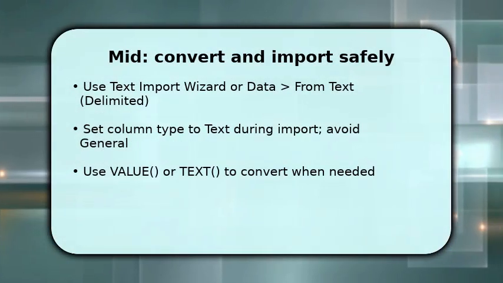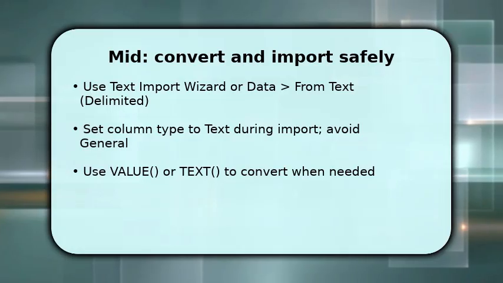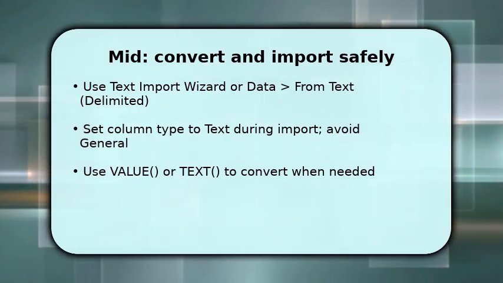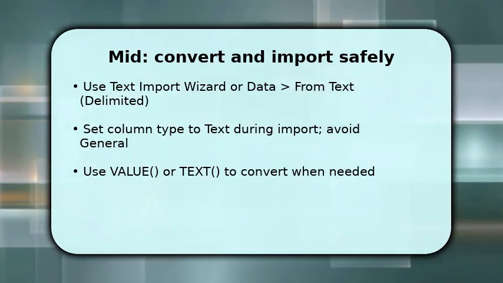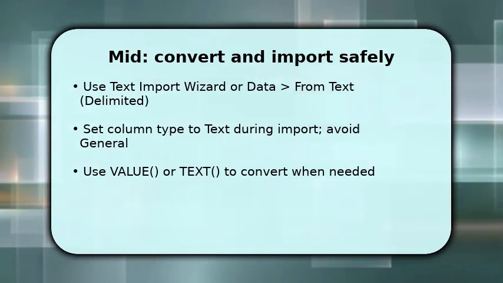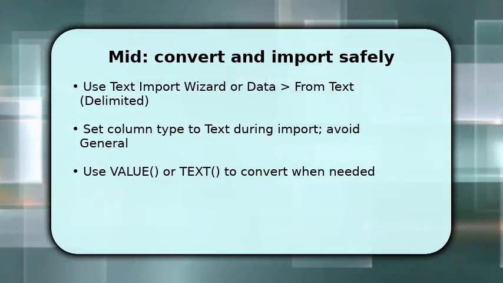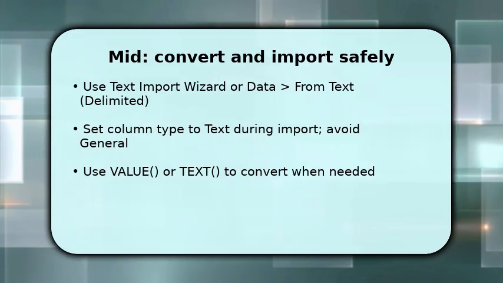Next, focus on converting existing data and importing correctly. If data comes from CSV, use Data From Text and set those columns to text in the wizard. This avoids losing zeros on import. For spreadsheets already changed, create a helper column and use TEXT(value,